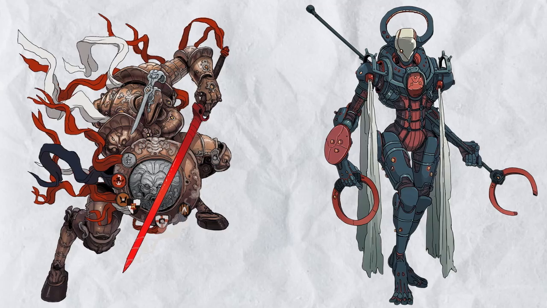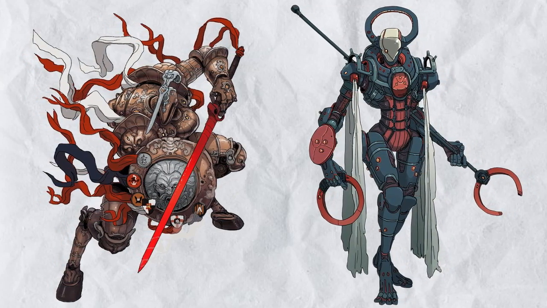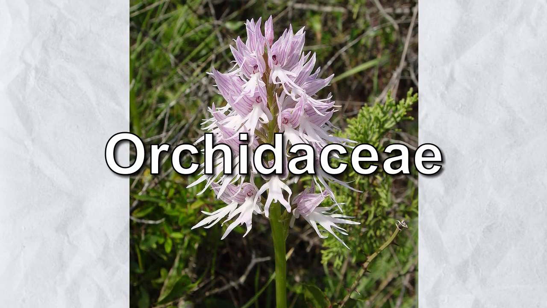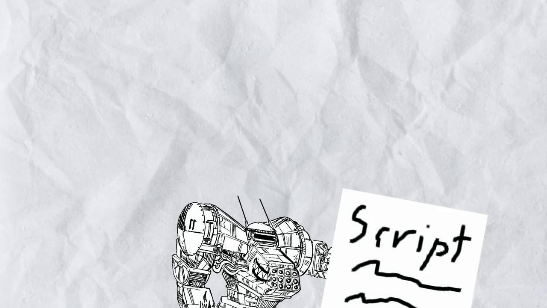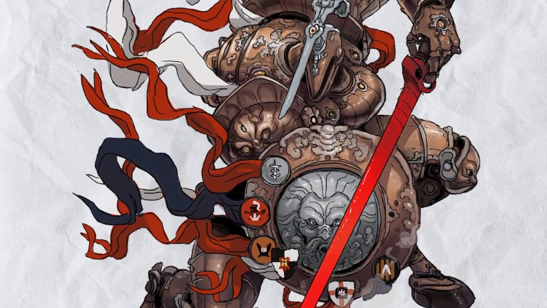Orchis is the alternative frame of Black Witch, and as such, it shares the rest of the license with it. Orchis is also a genus in the orchid family, or Orchidaceae. Its name comes from orchis in ancient Greek, which means testicles. Named after the flower, Orchis is a frame with a very sturdy shield, and there's a lot of tricks it